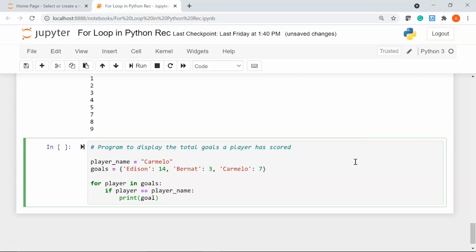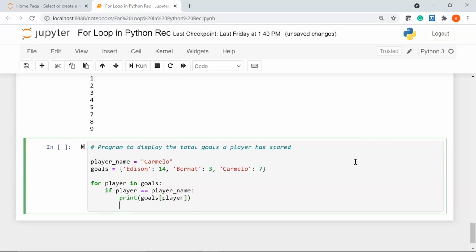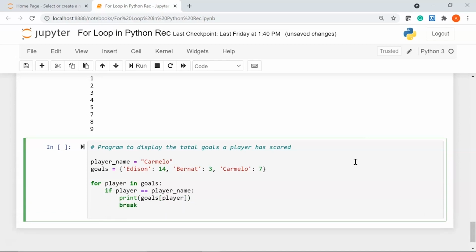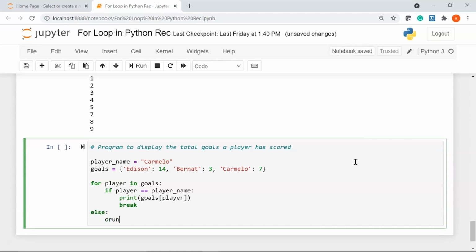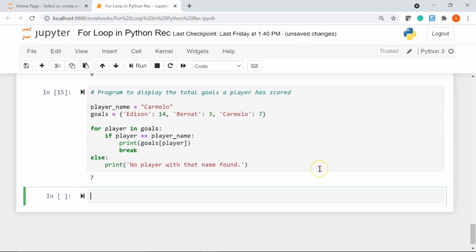So I'll pass my dictionary name, and within square brackets I'll say player. Let's use the break statement, and then I'll say else, will print, my message would be no player with that name found. Let's run and see the result.